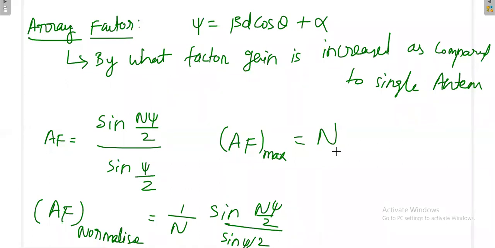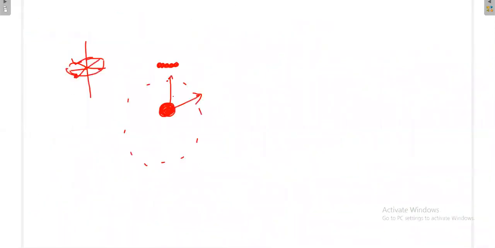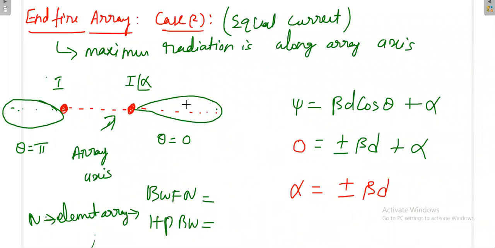Now what will be the... and again, I forgot one thing, I think, before here. Because if you do not know what beam width is, then you cannot come to a conclusion about directivity. But somebody tell me which one will have more directivity, end fire array or broadside array?